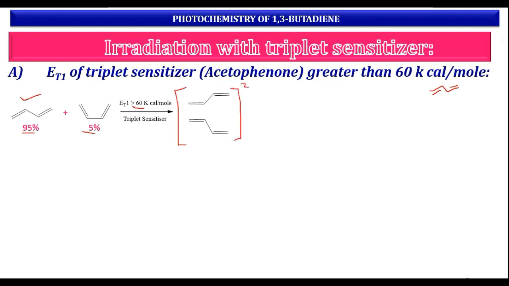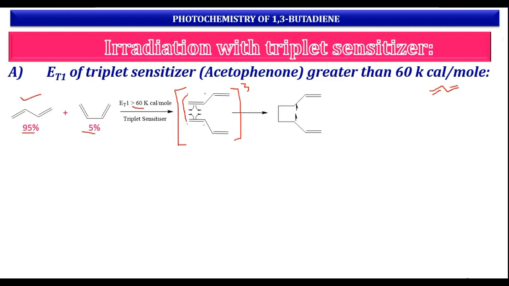Now here, this bond is undergoing Fischer cleavage, nothing but homolytic cleavage, which makes radicals, so two radicals are formed. Again, this pi bond is also undergoing homolytic cleavage, and two radicals are formed. Now these two radicals are going to make a bond, so you get this compound.